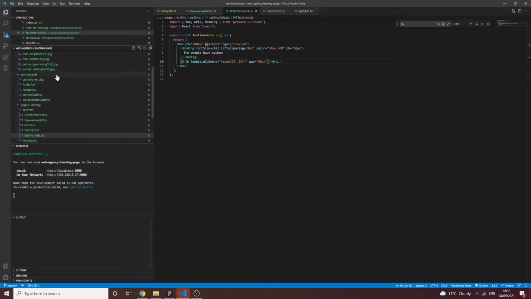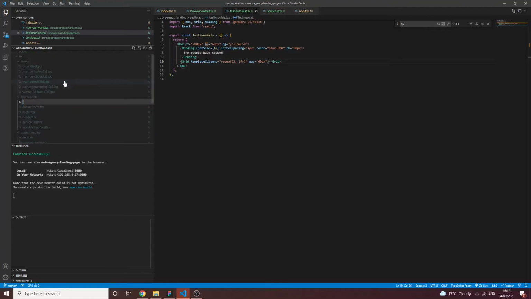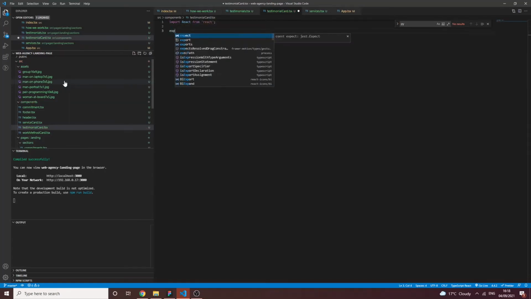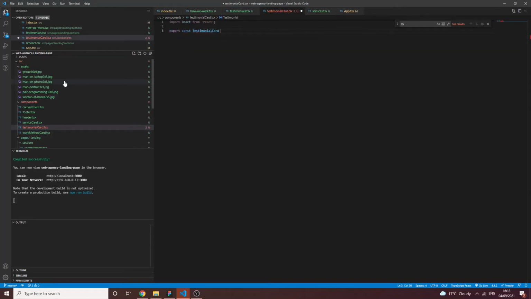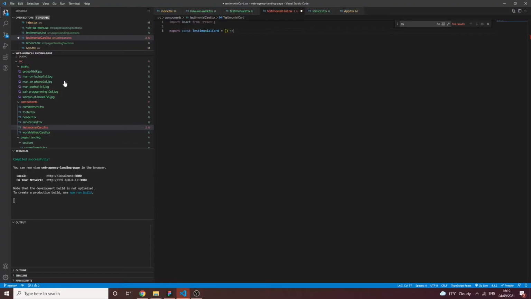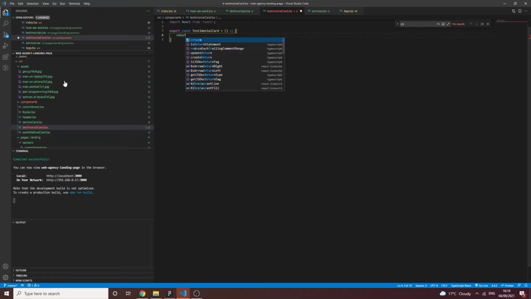We can then go to our components and make a testimonial.txt. It's going to import React from React. Then I can export const TestimonialCard, which, just for the sake of time, I'm not going to pass anything in here, and they can all look the same. So I can then return